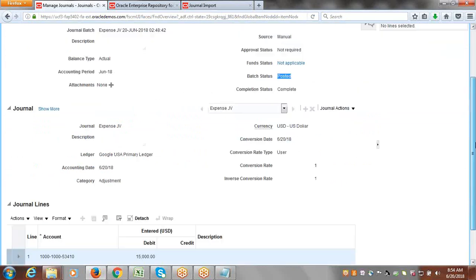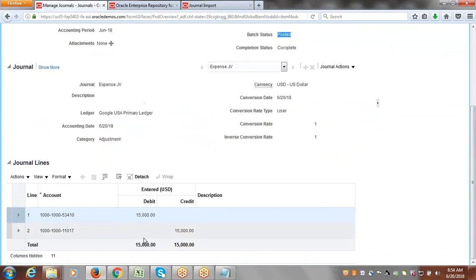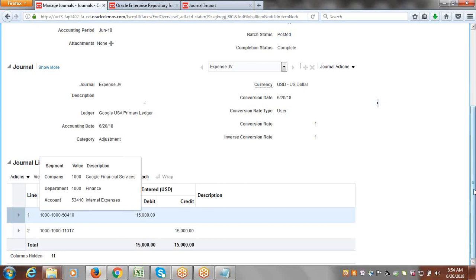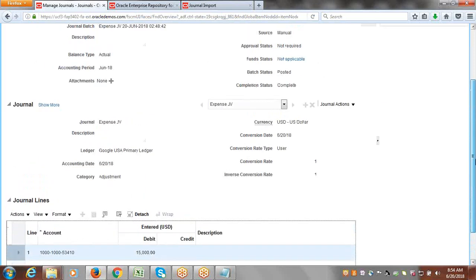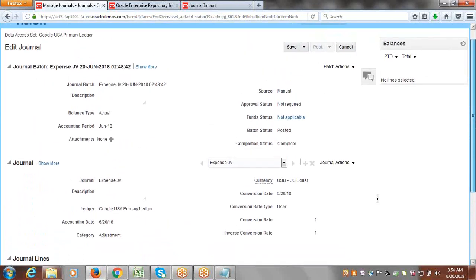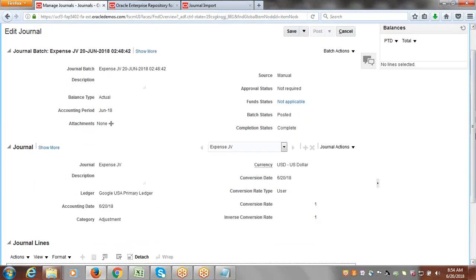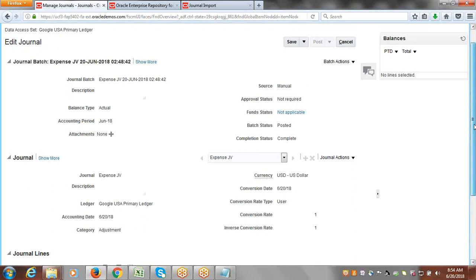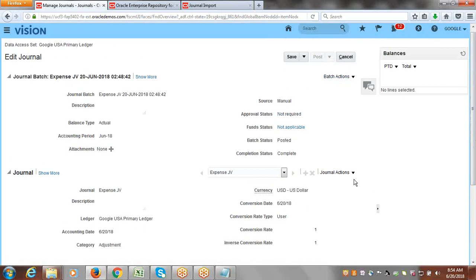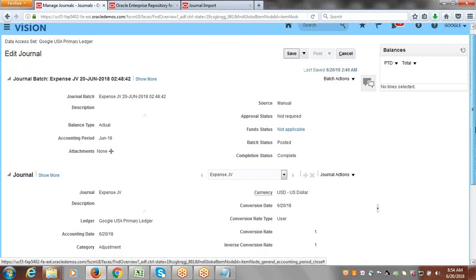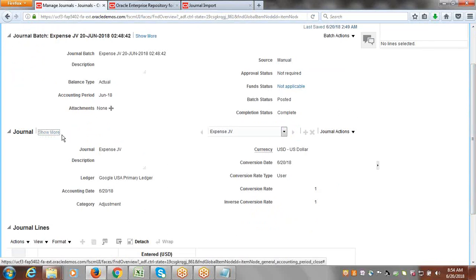Say within the journal we just entered some wrong information, say we selected the wrong account. So now you cannot change it. Reason: the journal is posted, balances got updated. So the only option is you can reverse this journal and create another journal. To reverse it, you have to go to journal actions. Sorry, before that, save it and go to show more,